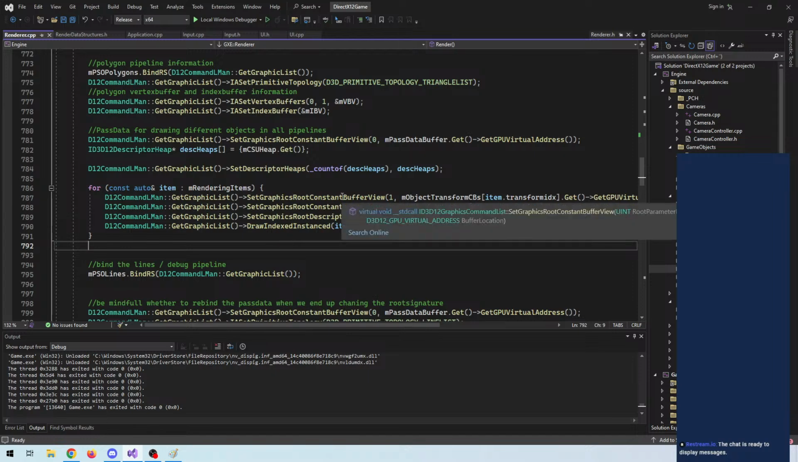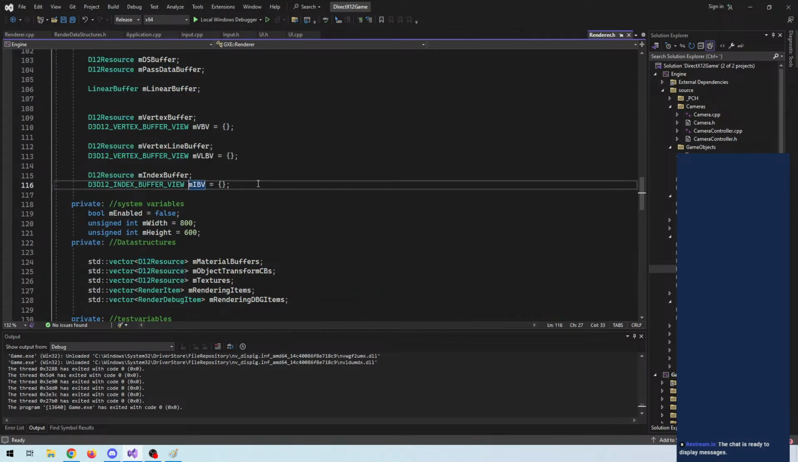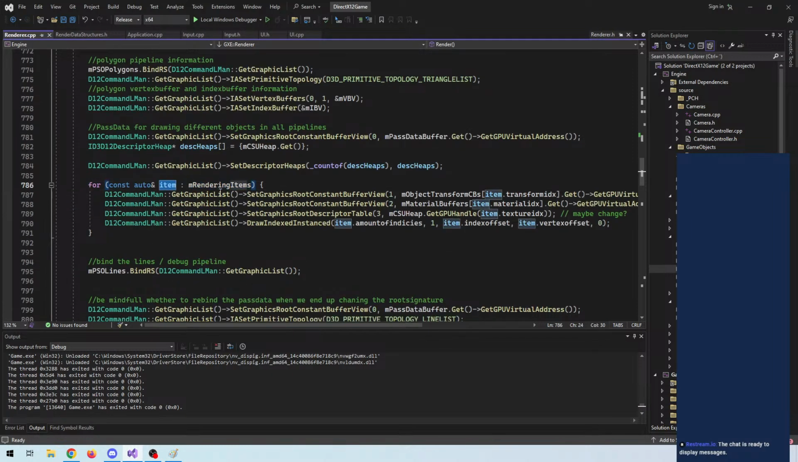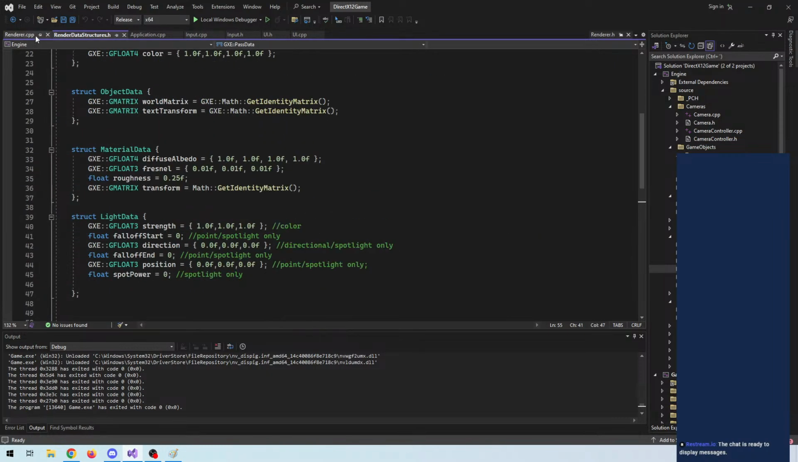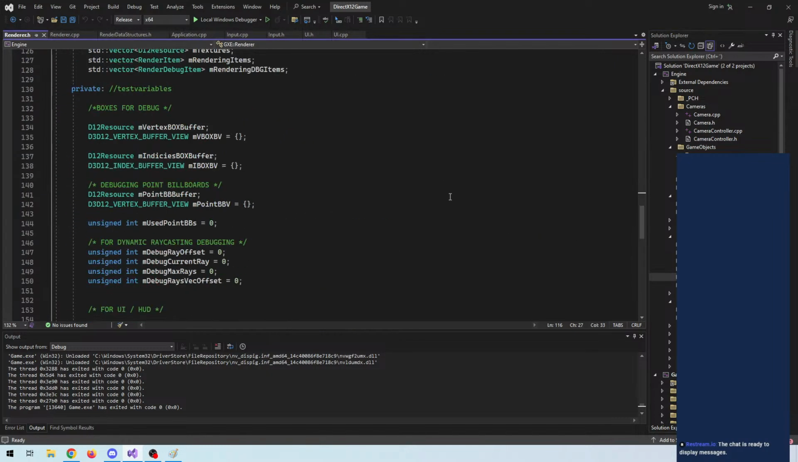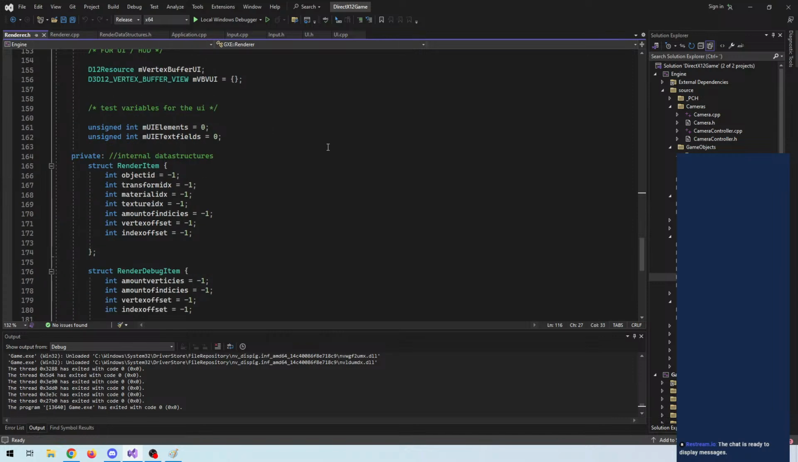There we go. So right now we have something called a render item, which is a data structure. Is it stored in here? No, I think it's stored in the renderer. So we have these different data structures that contain our draw call specifics,